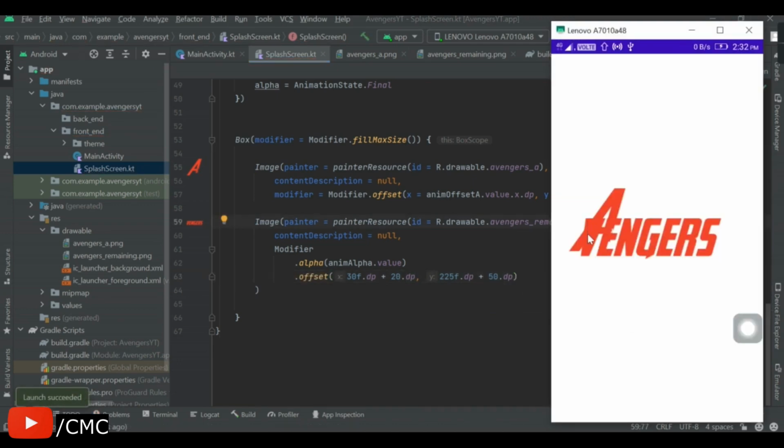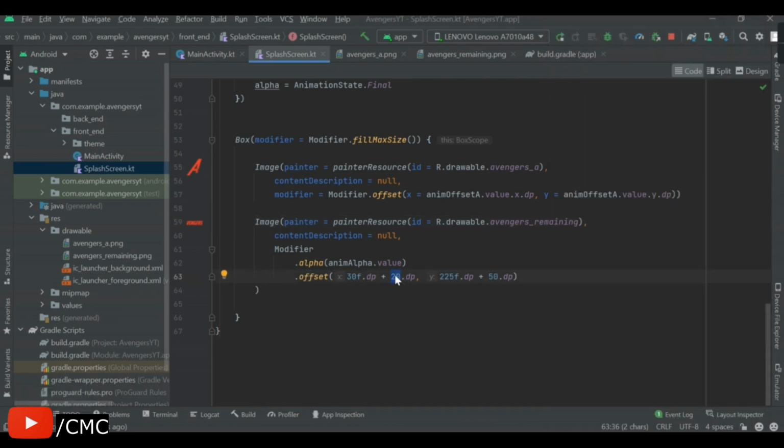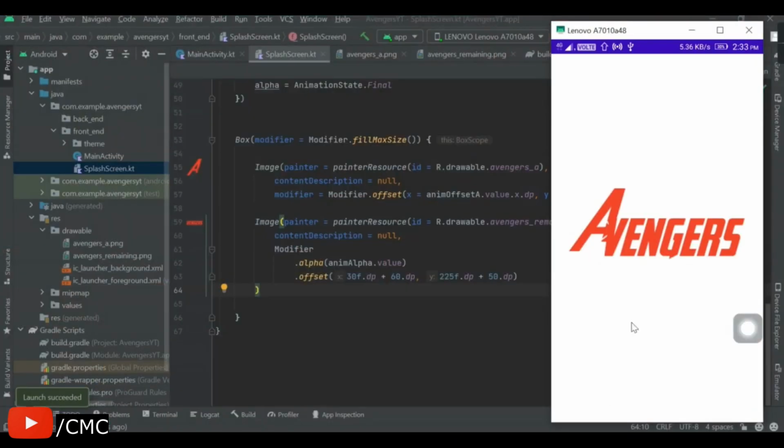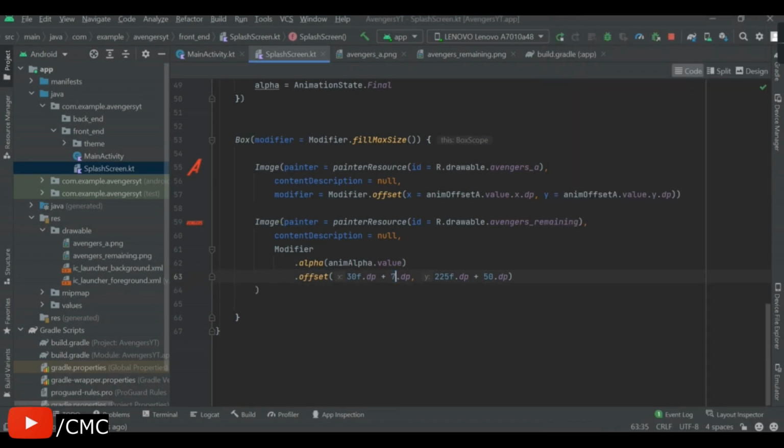We still need to add some x-axis to move it towards right, and I will make it, let's say, 60 display pixels, and I will rerun the application again. A lot better than before. I think we just need to reduce some y-axis and add some more x-axis. So I will make it 75 and I will reduce it to 42, and by the time the build finishes,